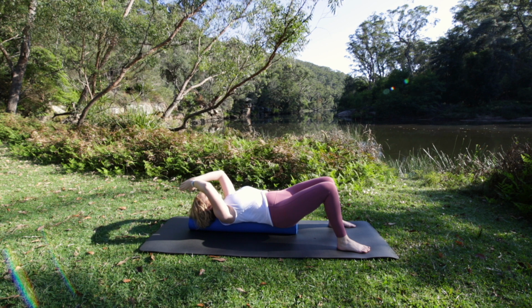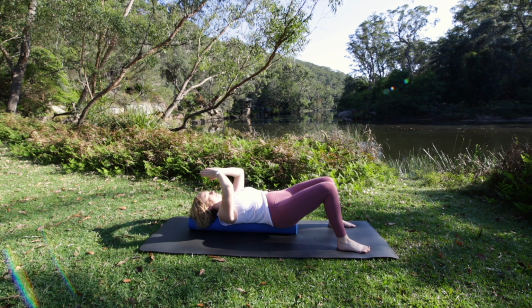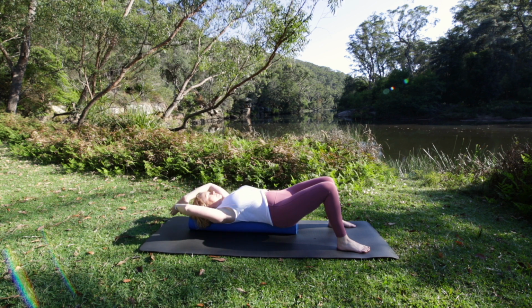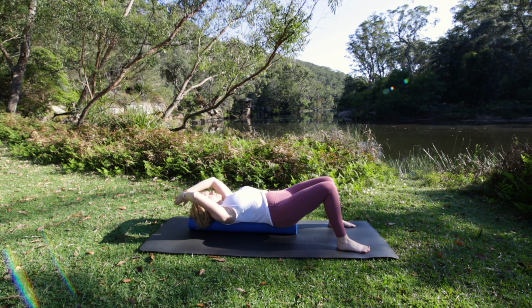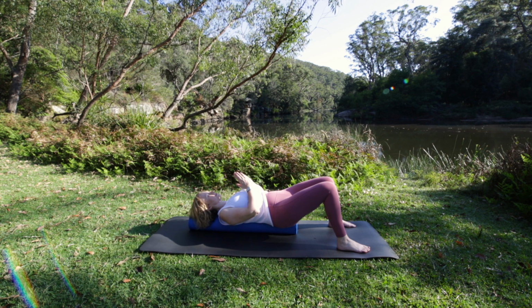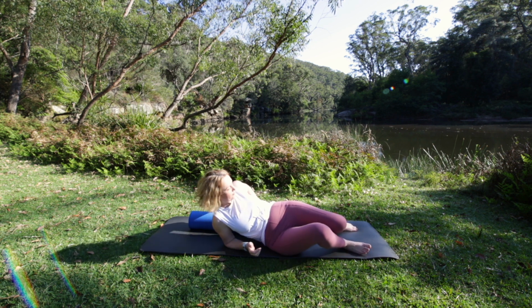And try to think of gravity taking the weight of your arms as you circle them around, so you're getting a lovely opening through the front of your shoulders. Nice. And we'll do 2 more here like this. Good, well done. So we'll come on off the roller and put it to one side now for a lovely